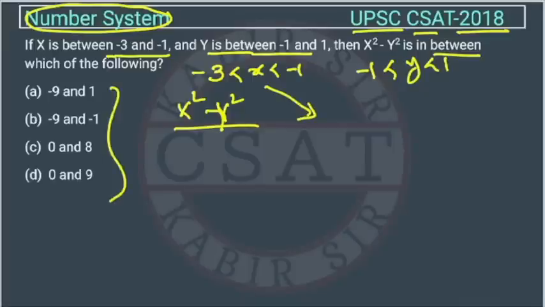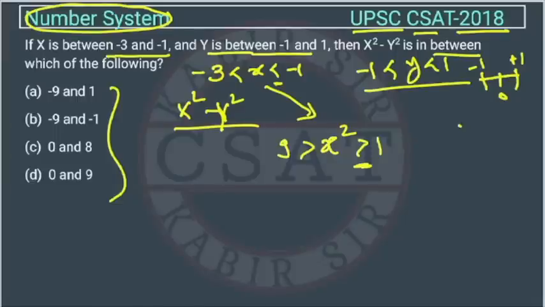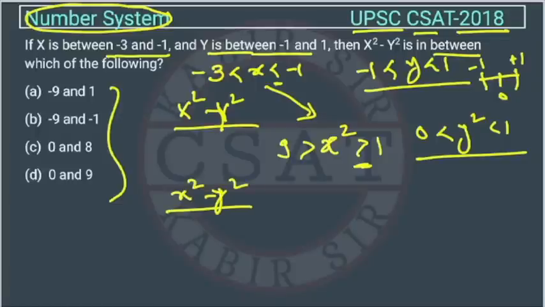So when we are squaring this, so this will become the reverse, right? These symbols, this is less than, so this will convert into greater than in this way, right? But here the value of x and y is lying between minus 1 and plus 1, right? So this is minus 1 and this is plus 1, right? So when we will square it y square, so this will become like this, right? So now the question is asking x square minus y square. So x square minus y square will be what? Like the minimum value of x square will be near to 1, right? And the maximum value of y square will be near to 1, right? So x square minus y square